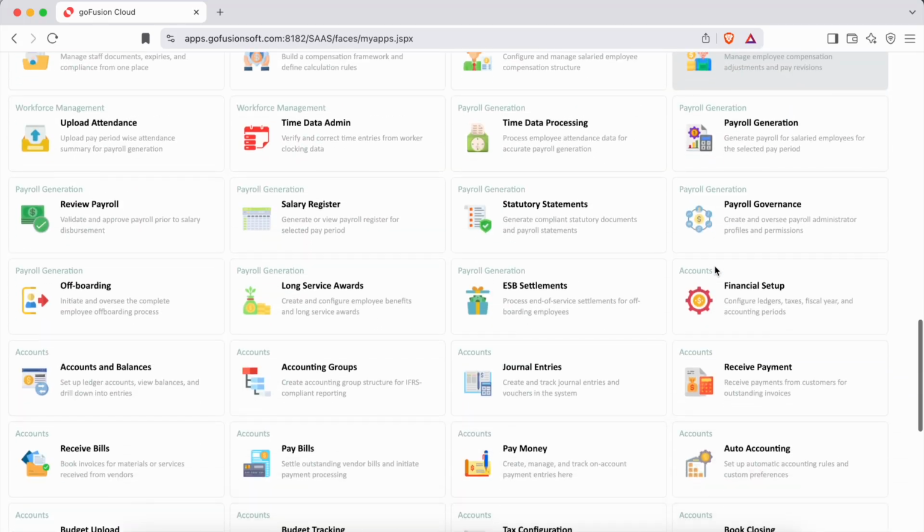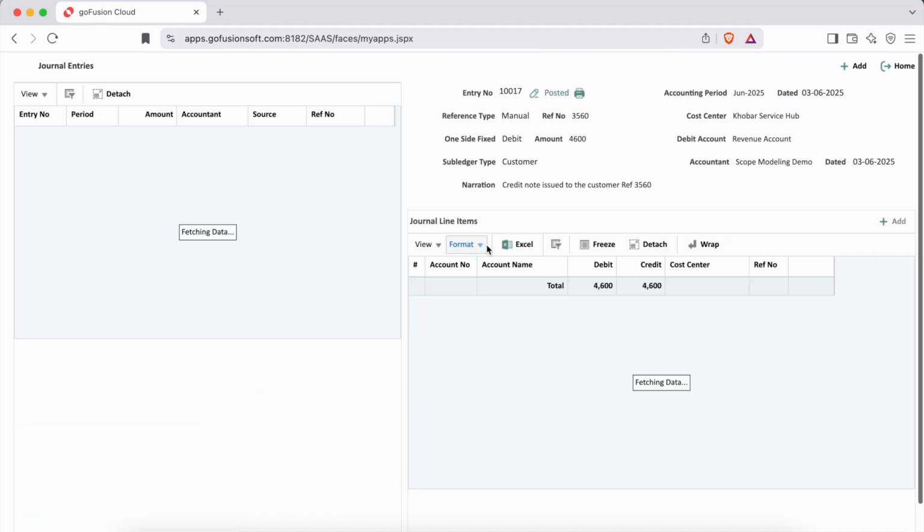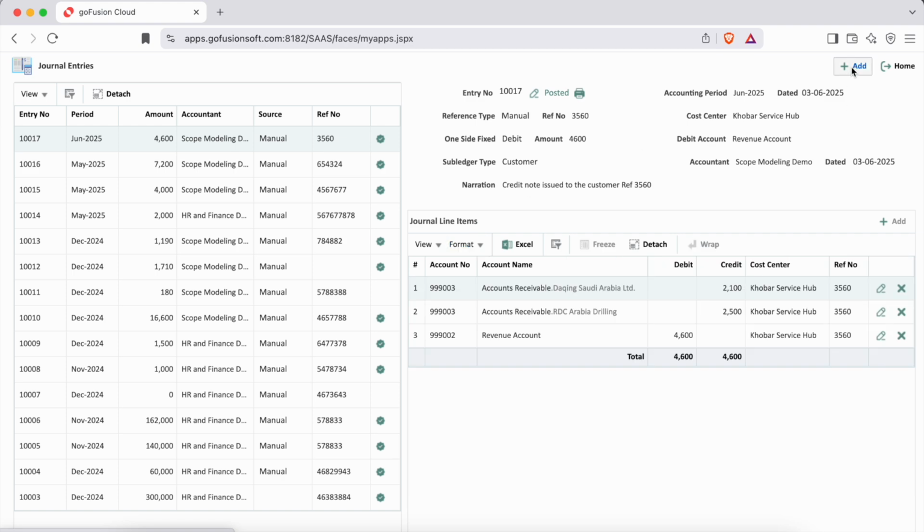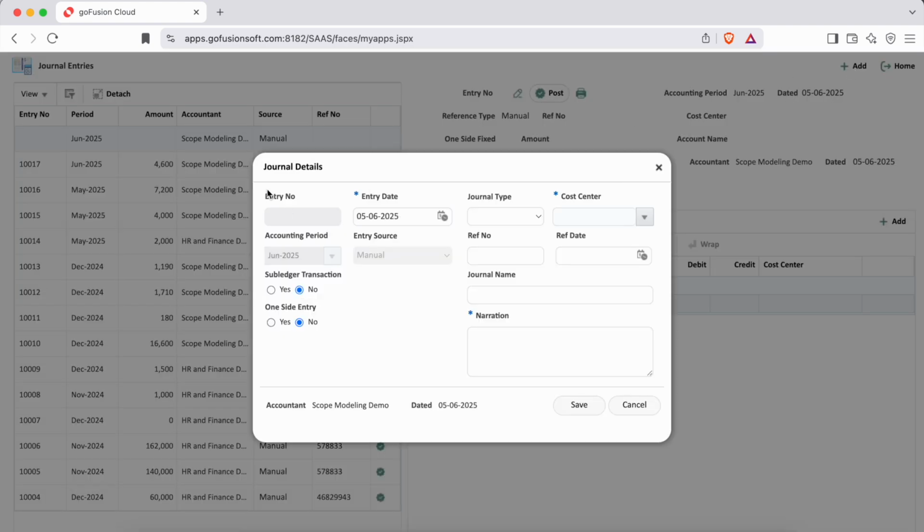To create the debit note, we go to the General Entry application. Once inside, we begin by creating a new journal entry. The entry number is auto-generated by the system, and the accounting period is determined automatically based on the transaction date. To categorize this entry as a debit note, we enable the subledger transaction option and select Vendor as the subledger